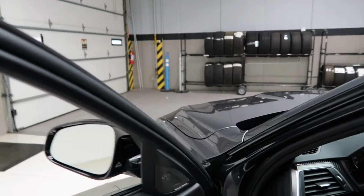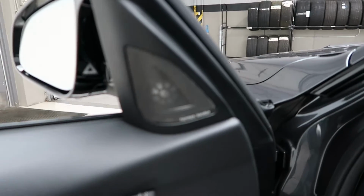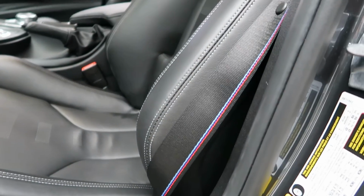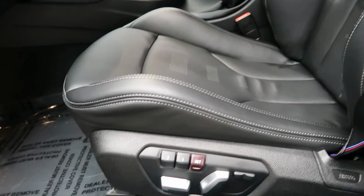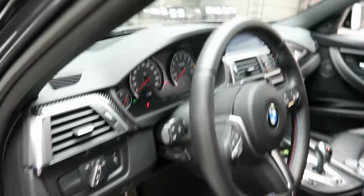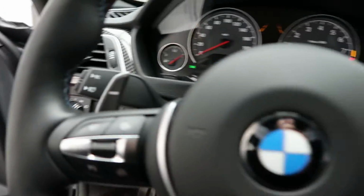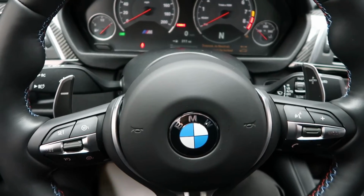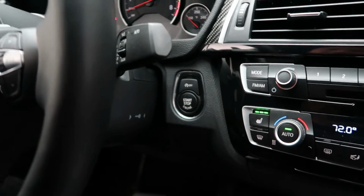This one is the competition package, so it does have some extra goodies to it. Harman Kardon sound system, red and blue BMW stitching on the seat belts, memory seats, heated steering wheel controls with Bluetooth capabilities, paddle shifters for extra performance, a push start ignition,